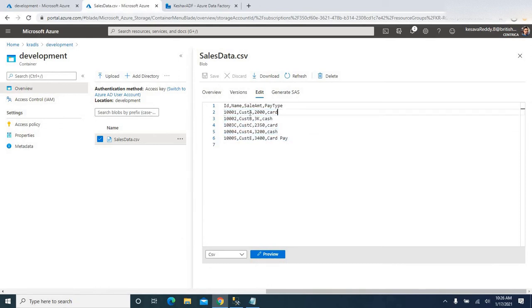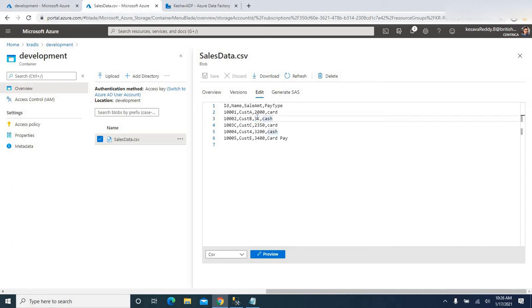The first row has customer ID, that is an integer value, fine, and customer name, that is a string, absolutely fine, and sales amount again integer, no issues, and pay type string again, so no issue at all with the first row. When you look at the second row, the first column has an integer value, fine, customer name cust B, that's also okay, and the sales amount column has an alphanumeric value.